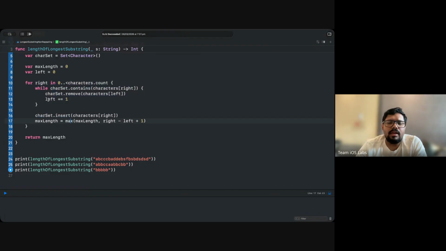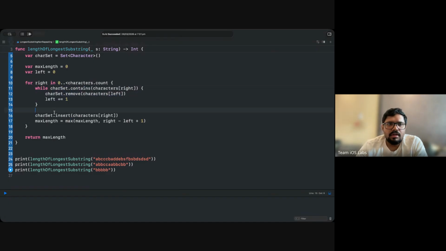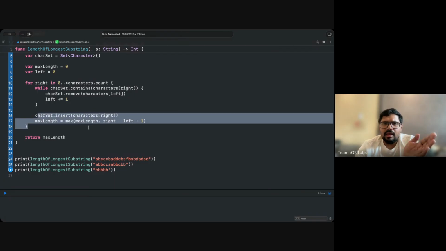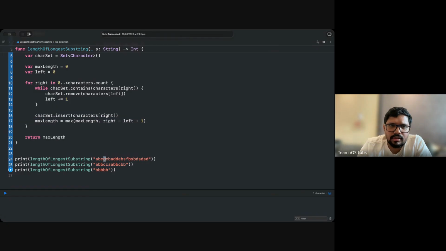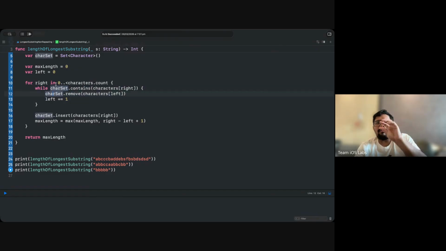and left, you will increase the left pointer whenever you find any repeating characters. So first you will move, ABC is fine. Till then you will insert the characters ABC, fine. But once you get the C, which is repeating, the fourth one here, then you come into this loop. So inside the for loop we have a while loop, which is just to remove the initial characters whenever we find any repeating characters in the substring.